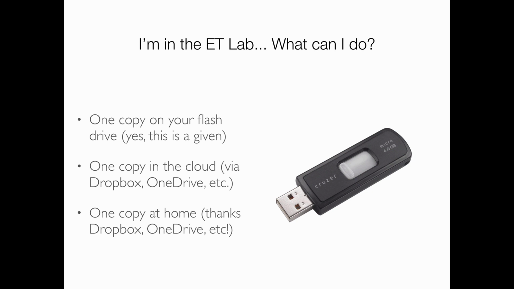So what we're going to do is you're going to plug in your flash drive to your computer, and you're going to have your primary working copy on that flash drive. You're typing your English paper. It's saved to your flash drive. Great. I've got it there. Then we're going to sync that folder on your flash drive into your OneDrive account. Once we do that, as soon as you save your work, it'll go up to the cloud. So at that point, we satisfied a second copy. It's up in the cloud, and it's off-site. It's not where we are. It's up in the cloud somewhere, floating around.